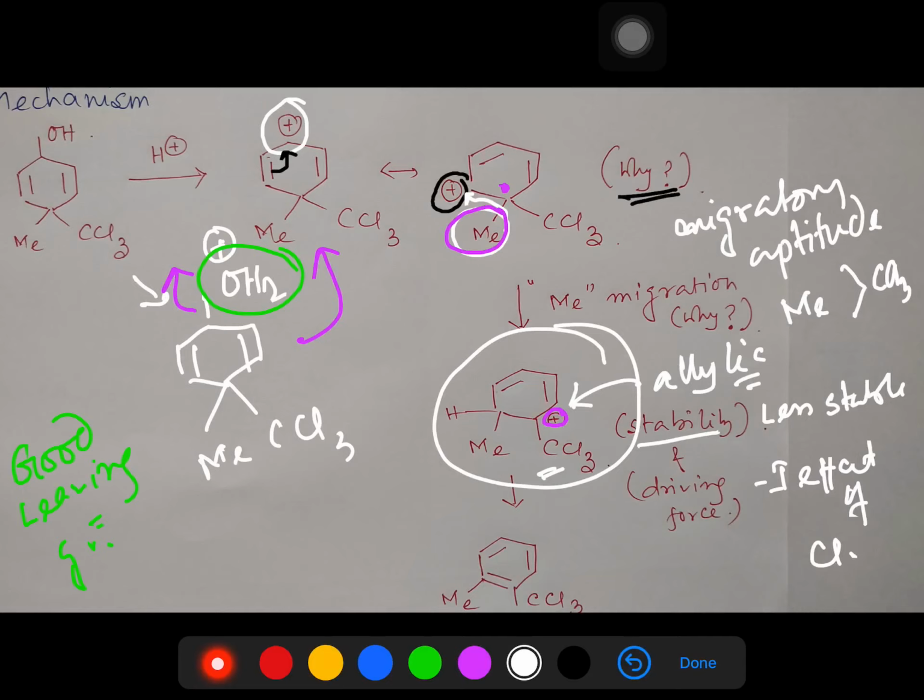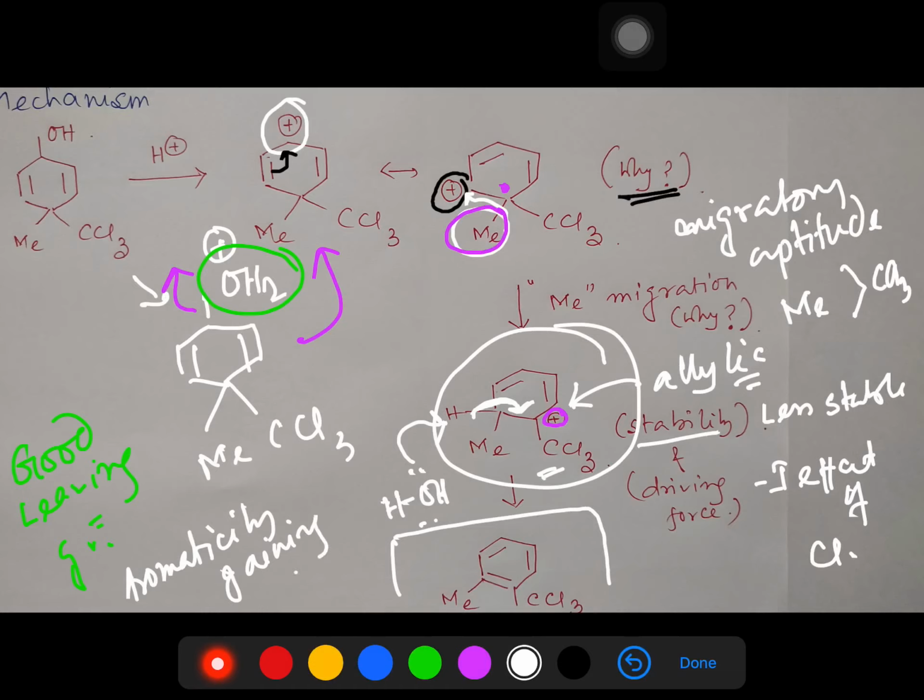But the interesting point is, what is the next step after that? See, this can undergo aromatization by abstraction of a proton, and who can abstract this proton? A water molecule, because the reaction is carried out in aqueous medium. So the proton is abstracted and this bond pair goes there, consequently this is the product. And what is the driving force? The driving force is aromaticity gaining. Aromaticity is a huge stabilization and that is gained in this process. So this is the overall mechanism for this.